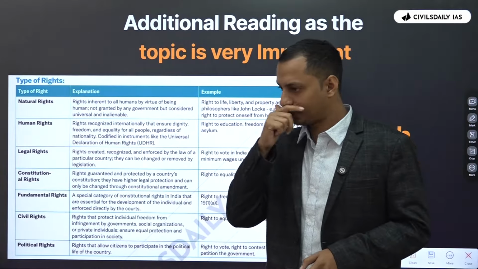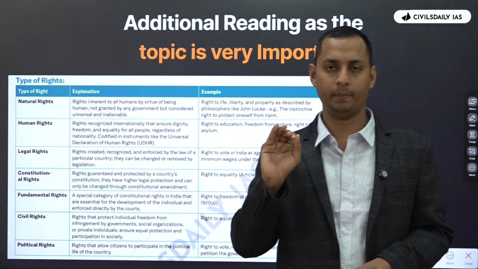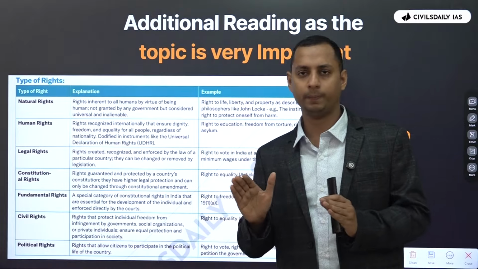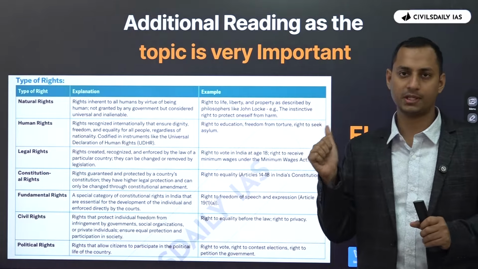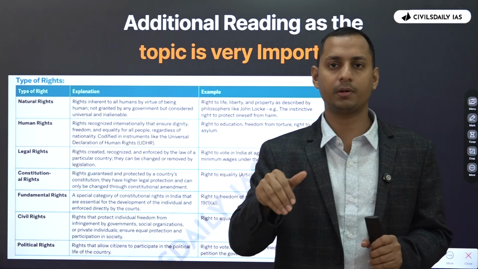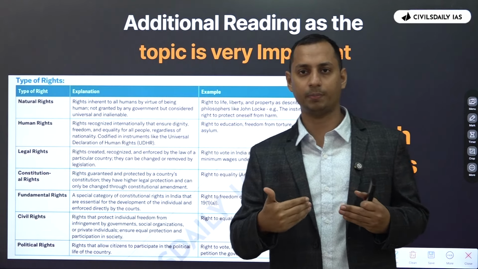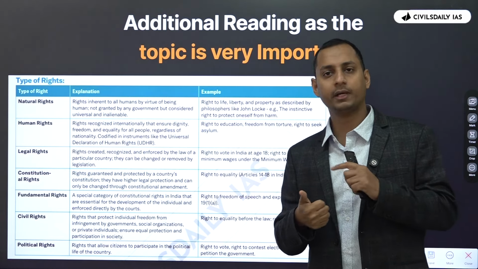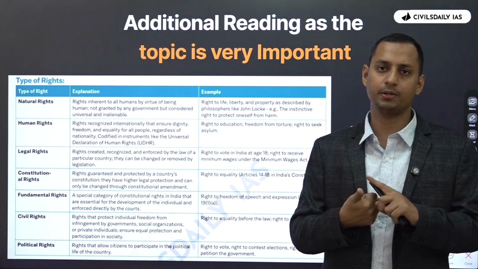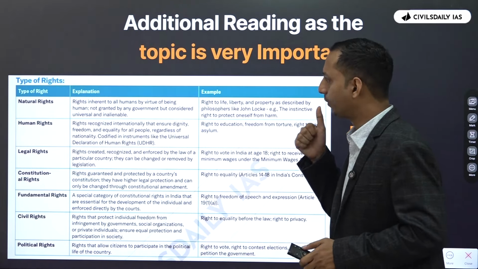Now let me tell you, with respect to fundamental rights, our flash notes is one of the best out there. After reading Lakshmikanth, you can refer to our flash notes as well, for the fact that this is the most important topic. 21 questions have come in the last 15 years. That's almost 2 questions in every prelims. So even if you read additionally for it, there's no significant loss of time. So you need to refer to the flash notes.